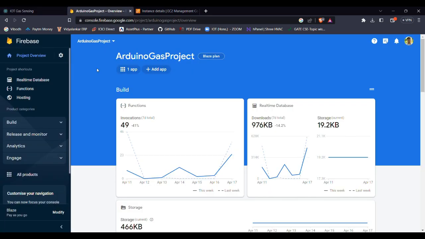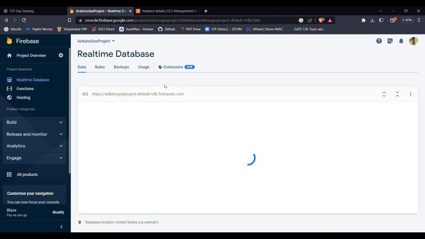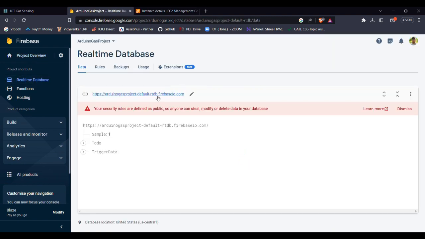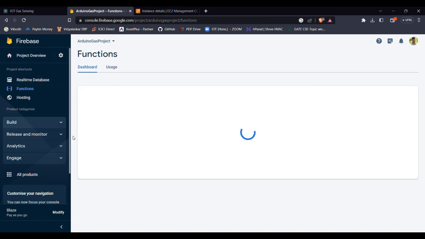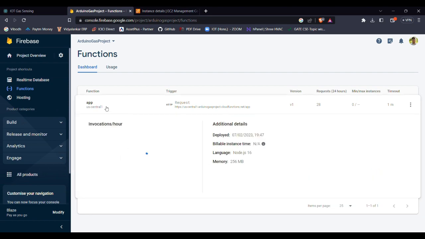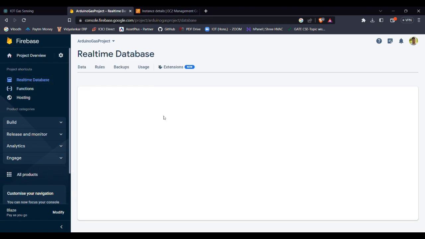I'll show the cloud demonstration. The data that is sent from Arduino goes directly to our Firebase functions. The data is then processed in the Firebase functions, and then it is stored in our real-time database. This is a NoSQL database.